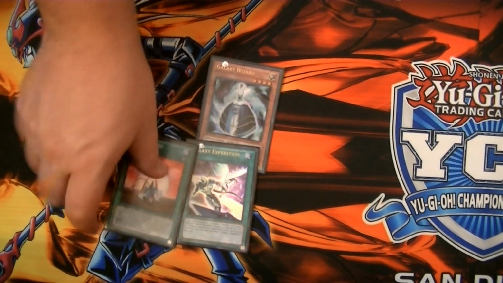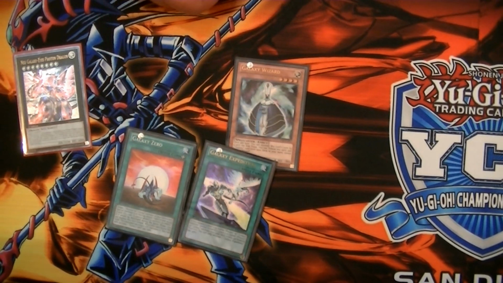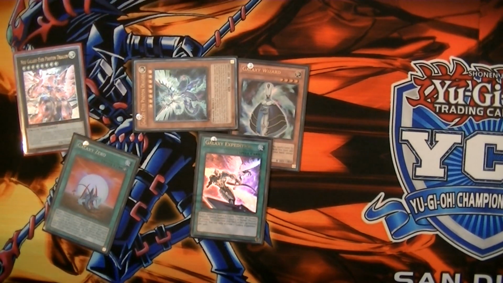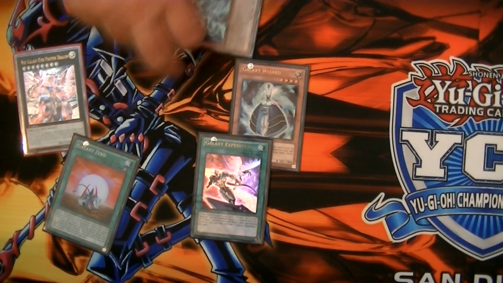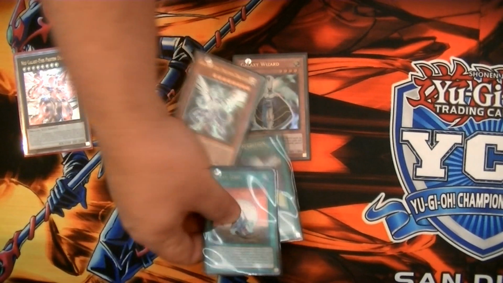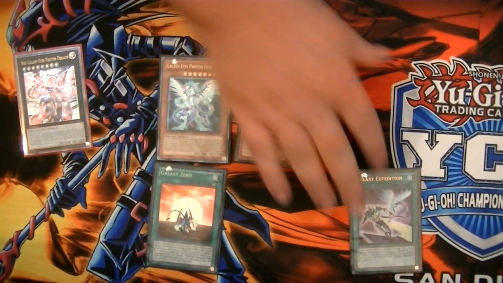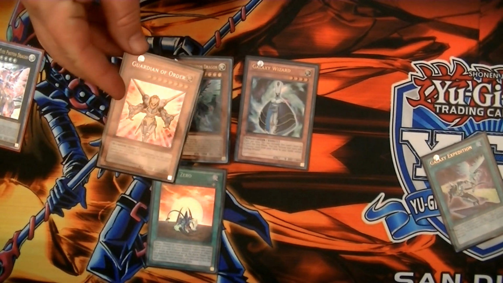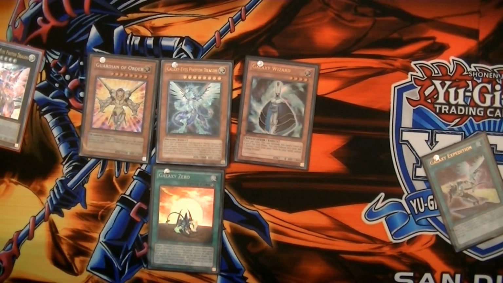Next you're going to need one of these 2 cards, either Galaxy Expedition or Galaxy Zero. If you use Expedition, you need to make sure that you still have your Galaxy Eyes Photon Dragon in the deck. If you use Galaxy Zero, of course you need your Galaxy Eyes in the graveyard. Use whatever one you need to bring out your Galaxy Eyes Photon Dragon. And then now that you have 2 light monsters out on the field, you could special summon Guardian of Order